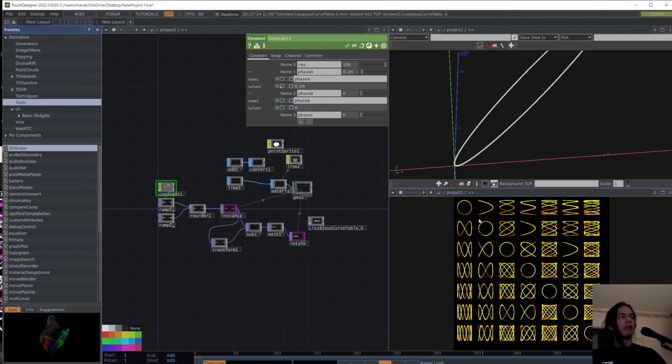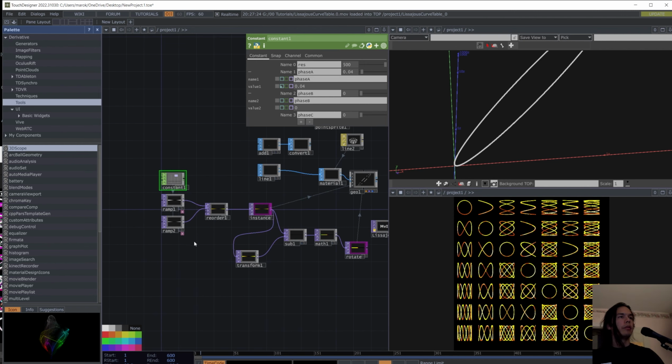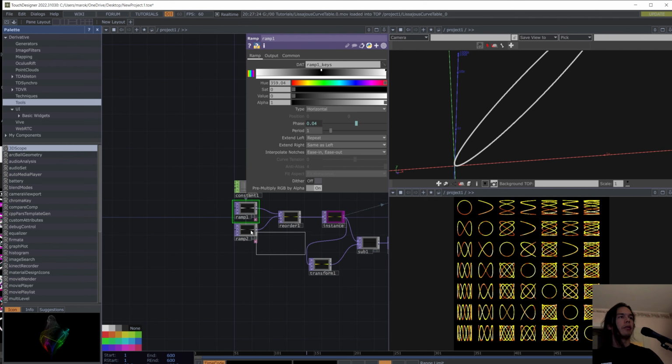Okay, so we have one cell complete, but now we need to add each individual cell interspaced by some units over here. And the frequency of the wave increases in one dimension across each column and also across each row. So we are going to have to code this in somehow. And the way that I chose is using a